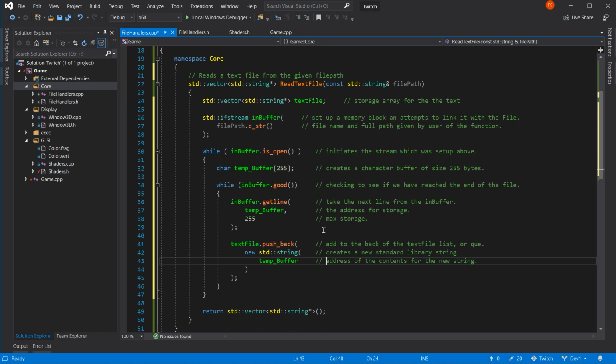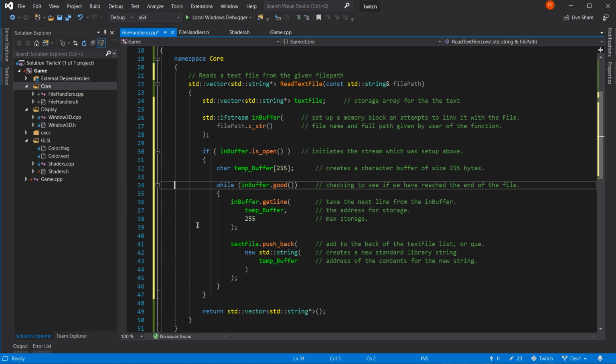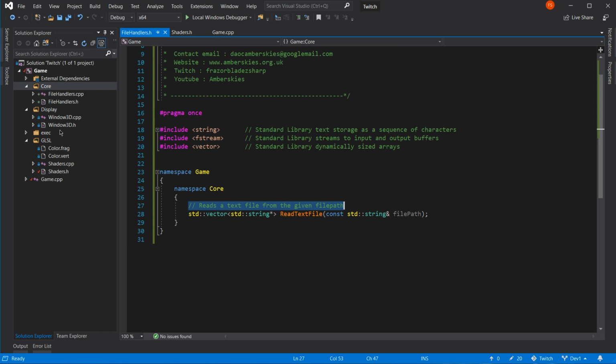I've made a mistake. That's not a while. While, no. If. That reads better. Why have I got a dotted line now down the middle here? Good grief. What kind of rubbish am I programming in?